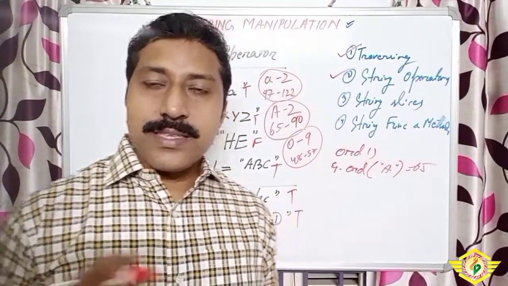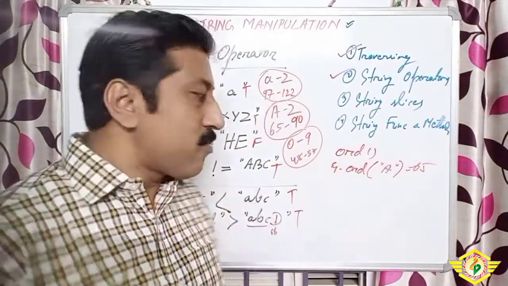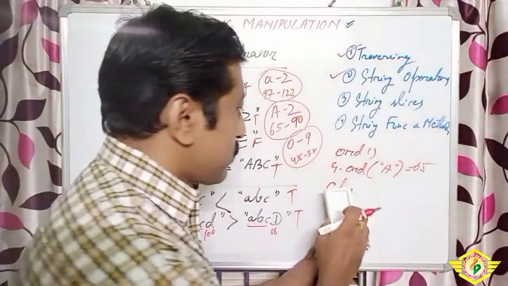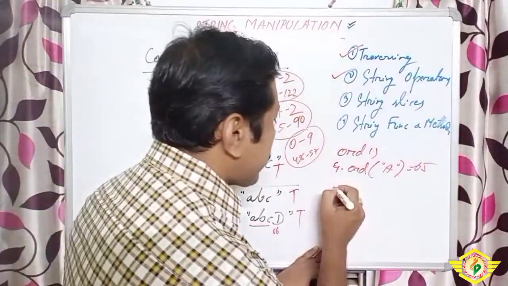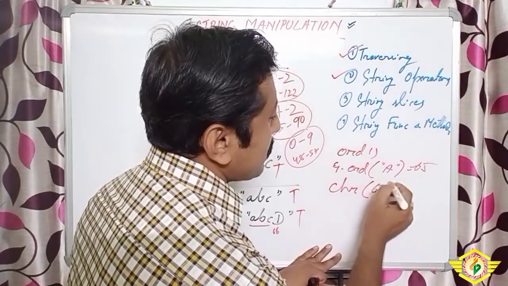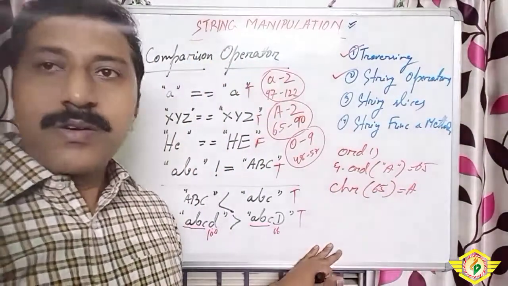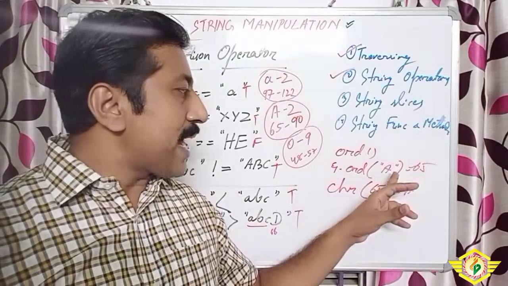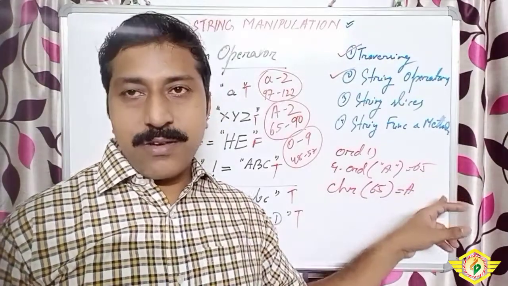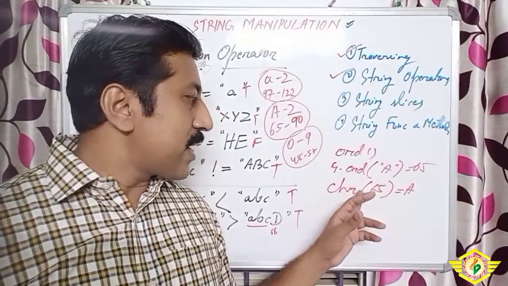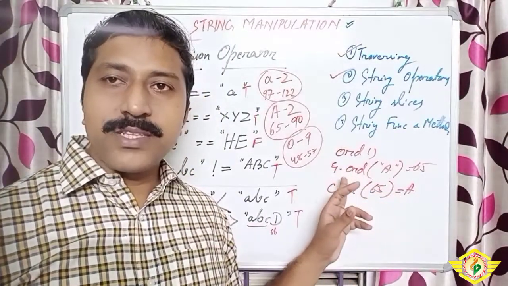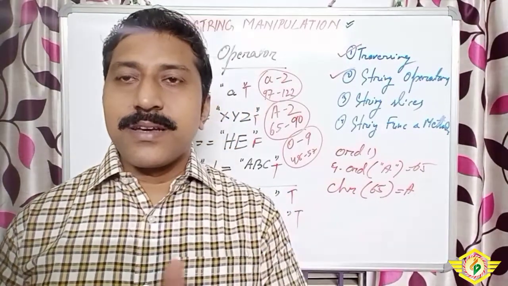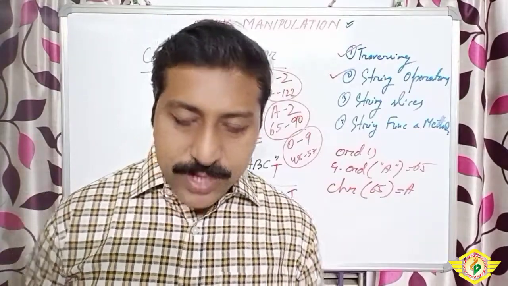In a similar way, if we want to convert to its character equivalent, you write chr. C should be small. You write chr and within brackets write 65, and the output will come A. So these two inbuilt functions convert a character to its ordinal value, or ASCII code, or Unicode you can say, and chr of 65, all in small letters, gives A, that means ordinal value to its character value. Okay, hope students you understood these things.